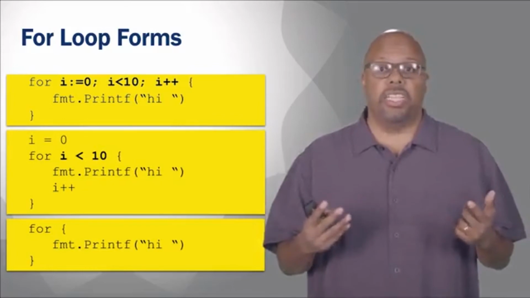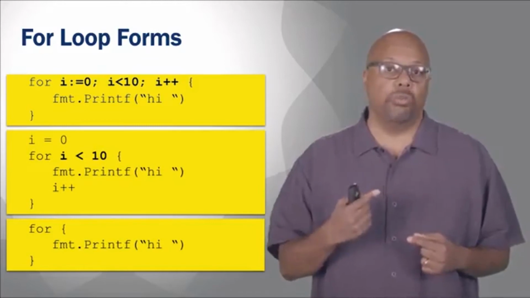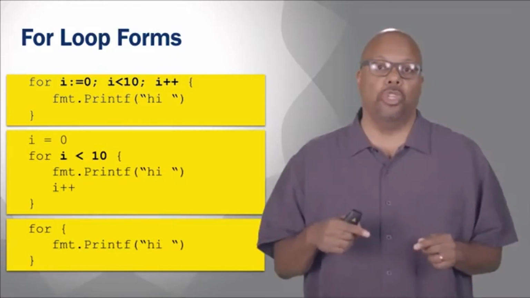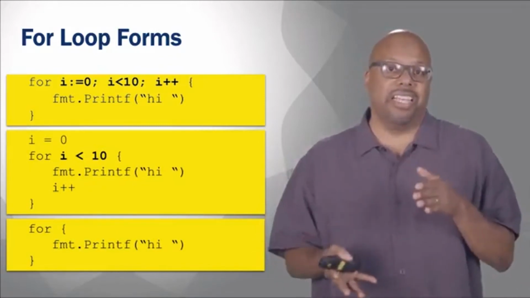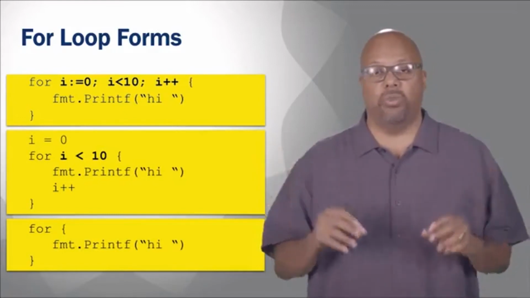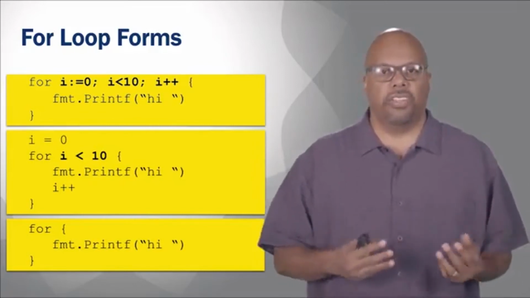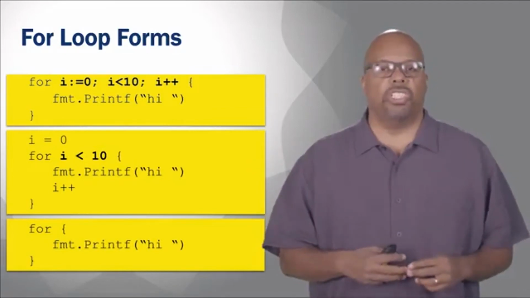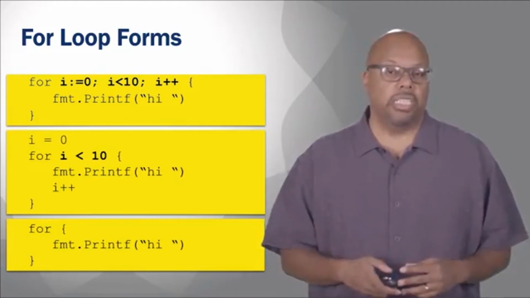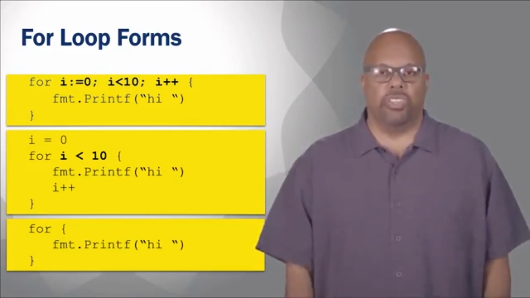Instead, to make it equivalent to the for loop before, we had to put the initialization before the for loop. That's another way of doing it. And the update is now built into the for loop. So if you look, there's an I++ inside the loop, right? So it's actually inside the for's block instead of, as in the first form, right after the keyword. But it's another way you can define a for, which is really just like a while loop in another language. And then the last form is just an infinite loop. It has nothing after the for keyword. It just is an infinite loop, which is not typically what we're going to be doing. You might do that in an embedded system, but it's not common in a regular program. You usually don't want an infinite loop.